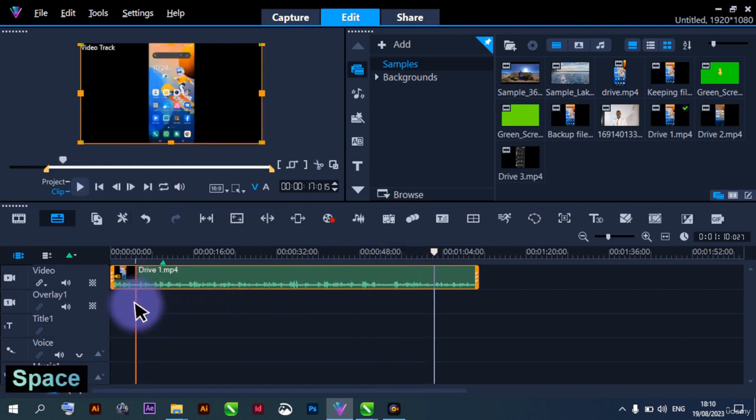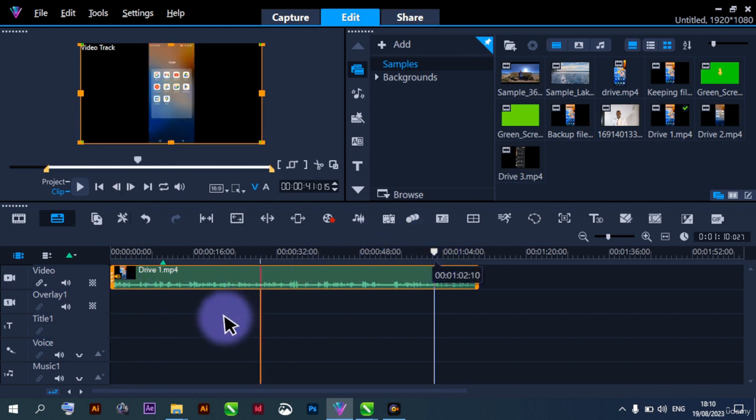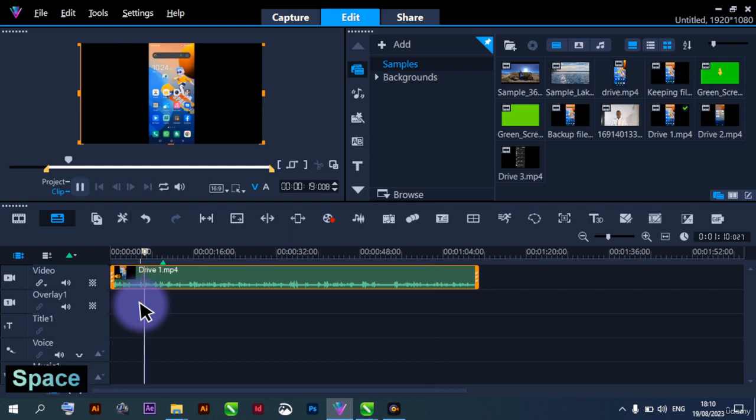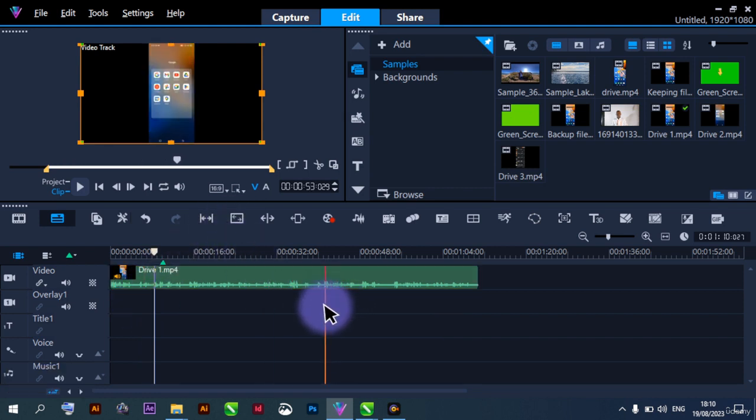If I bring this here now and press play, even though the scuba marker is here, if I bring my mouse here and press play, my video is going to start from that area, from where my mouse is. So you have to be very careful. I will advise that when you want to press your play button, you put your mouse around this place